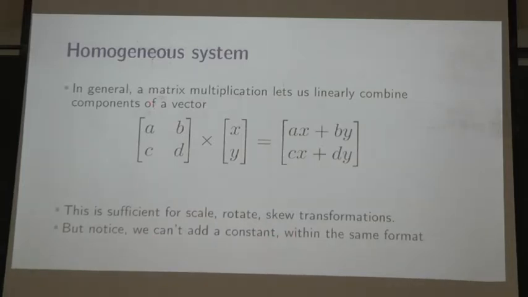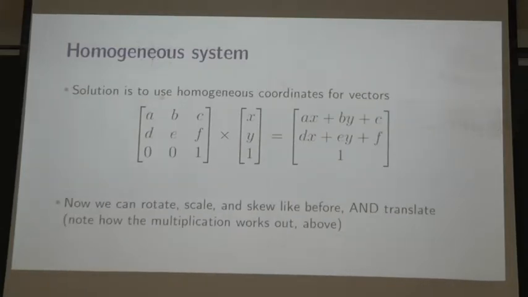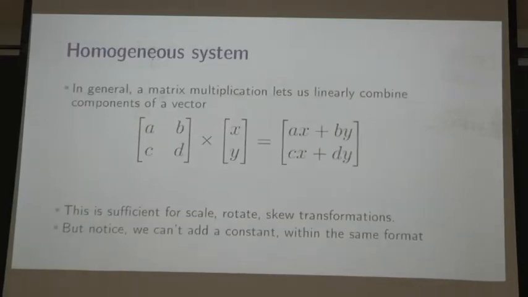If I wanted to say x is x plus 10, that type of transformation, I can't do it within the same format. So why am I interested in that type of format? Because this transformation of adding something is actually a translation. If I am standing here and I just moved here, my coordinate is added by that offset. So translations are important and you need to talk about that.